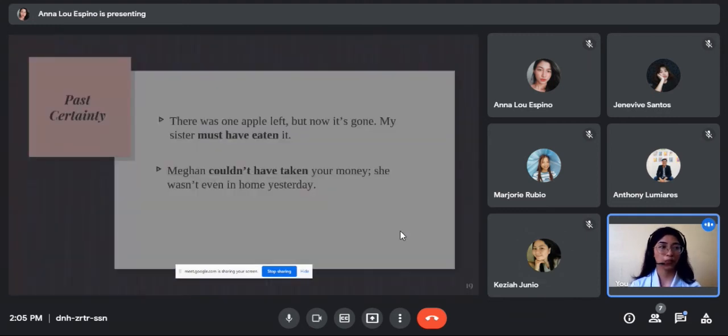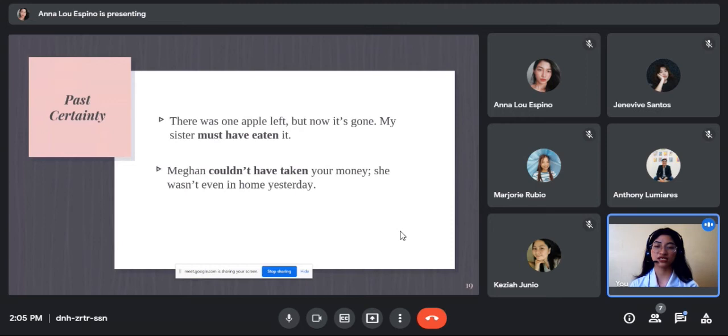Okay, next. I have here sentences. There was one apple left, but now it's gone. My sister must have eaten it. Look at the pattern. Must is the modal used, followed by have, and then the past participle of the verb. Meaning, it shows being certain that it